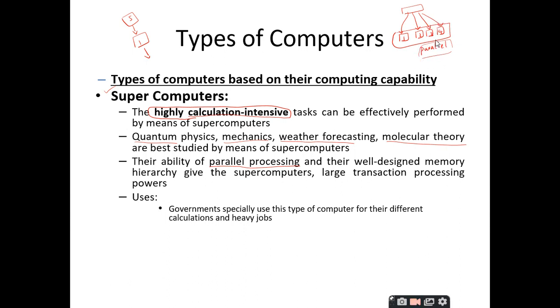So this is where the supercomputers are going to get the benefit of handling the highly calculation intensive tasks. This is all because of parallel processing, and there are so many reasons for it. As I told you, you have very large memories to hold the data, and the processors in the supercomputers are very fast, high performance processors. So all these made the supercomputers very super fast computers, right? And these are very costly and they occupy very large space.